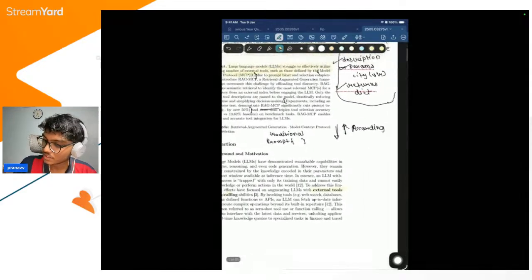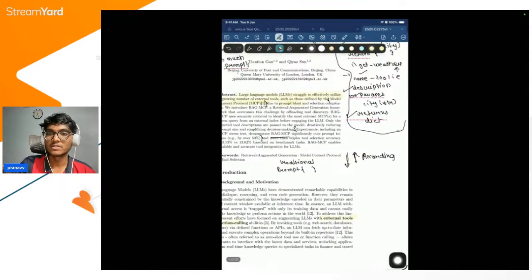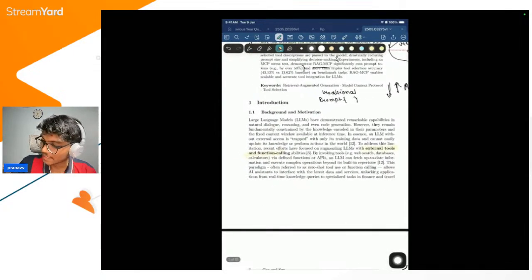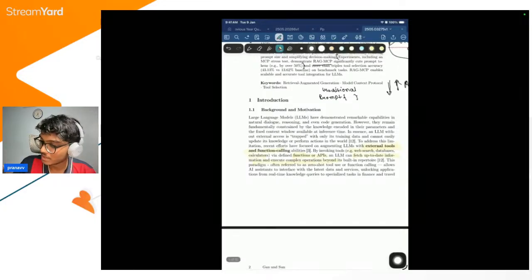To address this limitation, recent efforts have focused on augmenting LLMs with external tools and tool calling. Fine, function calling. So these are some kind of tools that will bring the latest information to my agent. By invoking tools such as web search, databases, calculators, and defined functions or APIs, LLMs can fetch up-to-date information and execute complex operations behind its